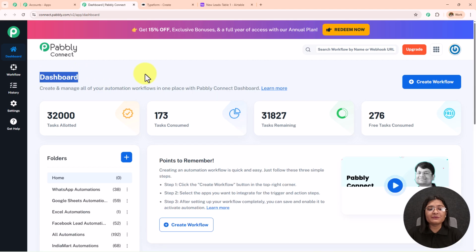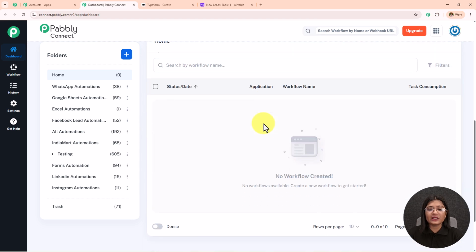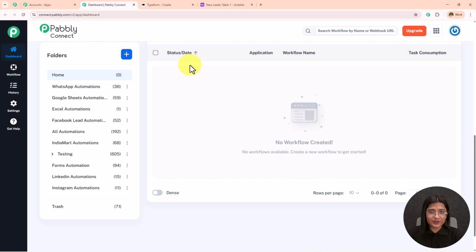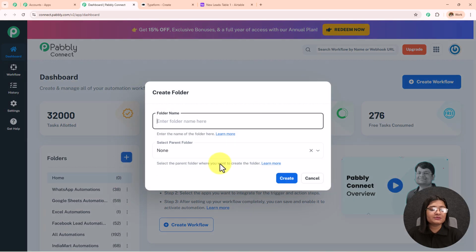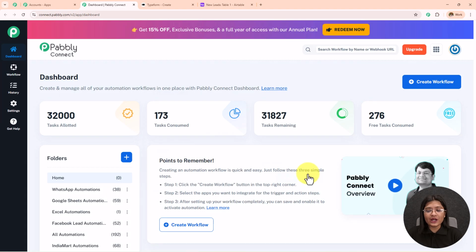And here it has taken me towards this dashboard where I will be able to find all my workflows and all the folders which I have created. If you want to create a new folder, simply click on this plus icon, and from here you can create a new folder. For now, I want to create a new workflow, for which I need to click on this create workflow,